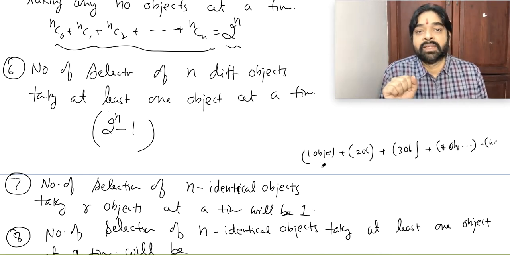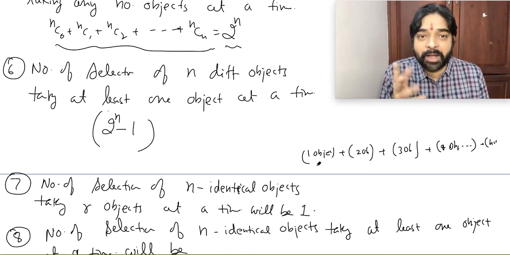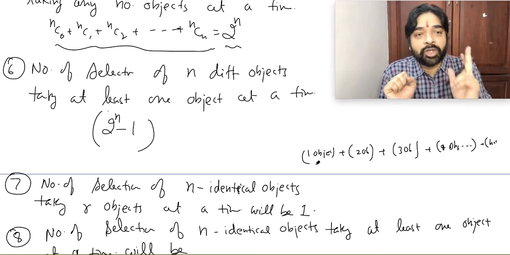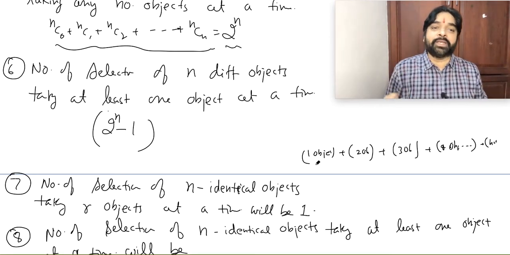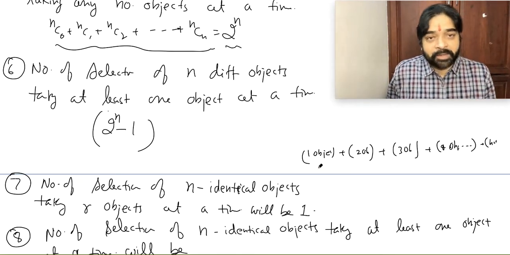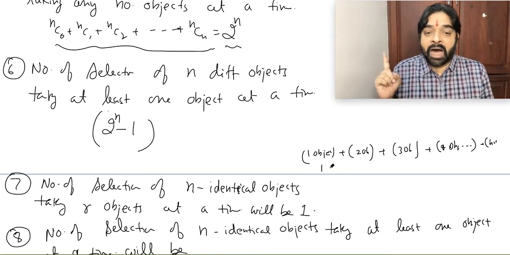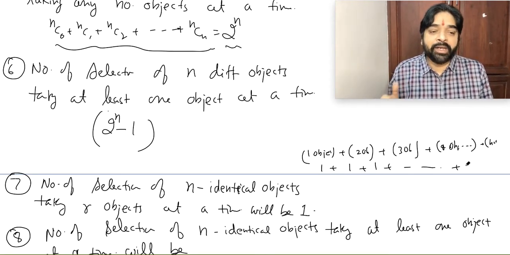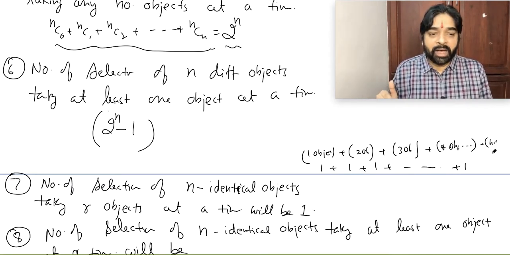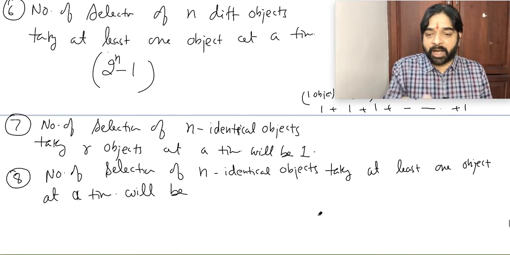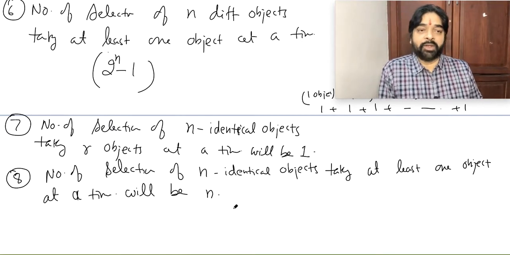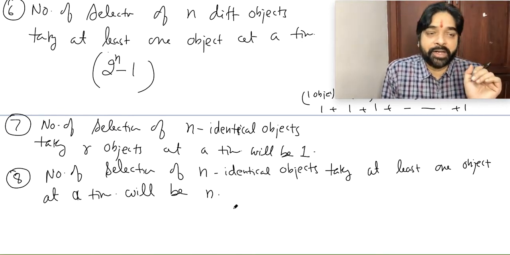One way. This is identical. You cannot apply the nCr formula. nCr is invalid for identical objects. nCr should come to your mind only if there are different objects. So one object we have to select out of n identical objects is one way, and then one way again, so many times. How many times? One is coming how many times? n times. All are 1, n times. So the answer will be n. Very important, it is going to play a very important role in future. So concentrate properly.